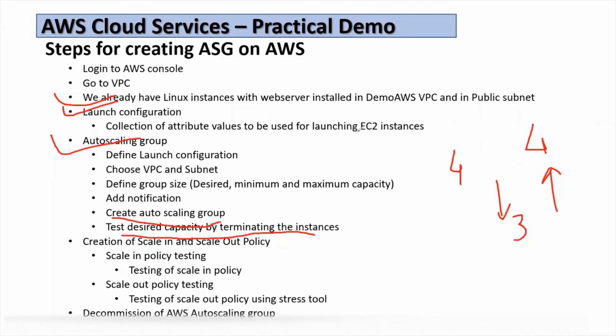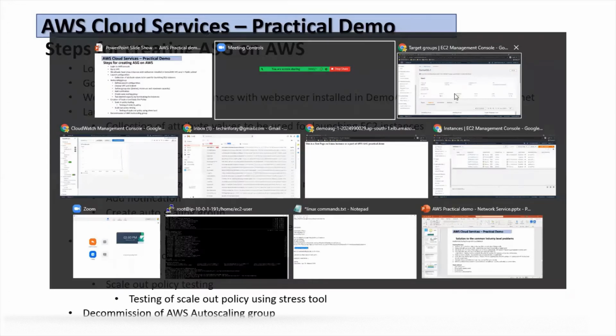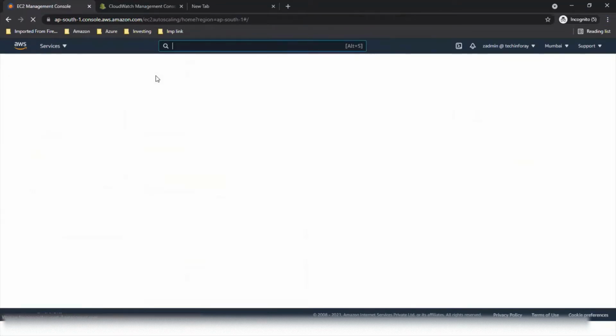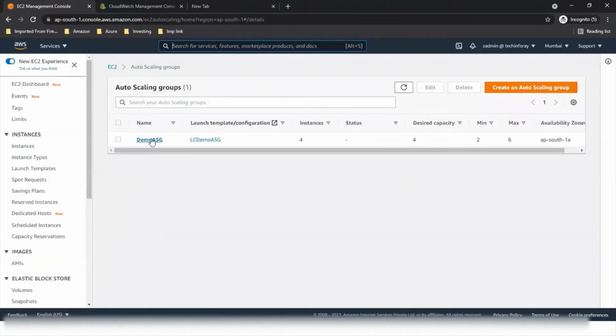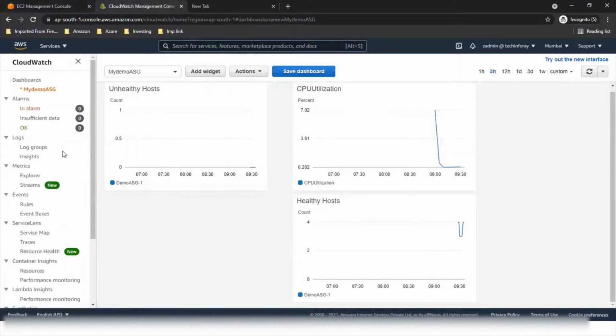So let's move to next step, creation of auto scaling policies. So let's go back to our console. So if we go to our auto scaling group, demo ESG, but before that, let's go to CloudWatch and create our alarm.